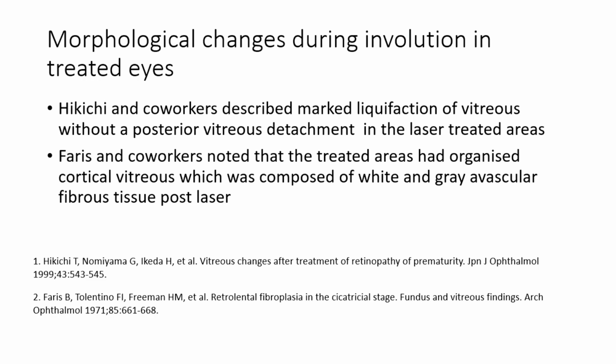So in diabetes, how often do we see the PVD occurring after PRP? We see it quite often, right? Yes, sir. At least in 30 to 40% of patients, and patients complain after you do a good PRP that they lost vision because there is a PVD. Vitreous is disturbed, there is a bleeding, the patient doesn't see well. It's a very common thing that we come across. Yes, sir. So there is actually hyaloid detachment in diabetes after extensive PRP, whereas in ROP it doesn't have